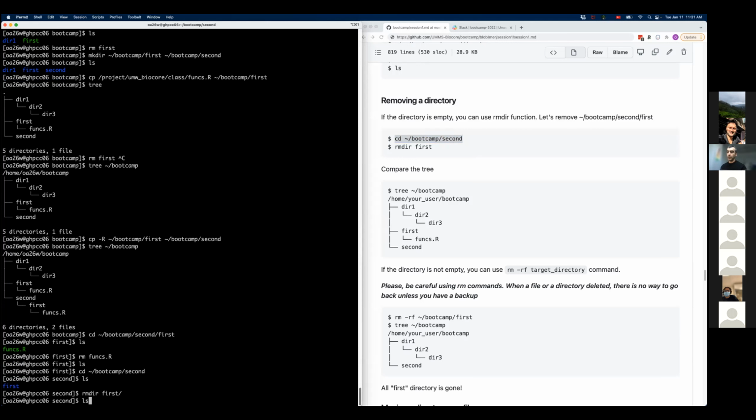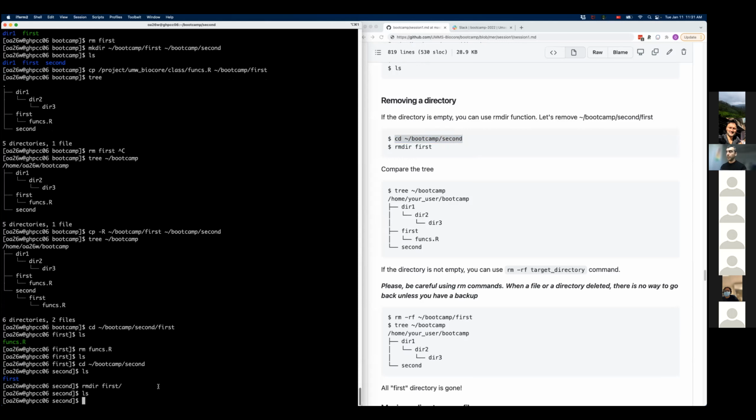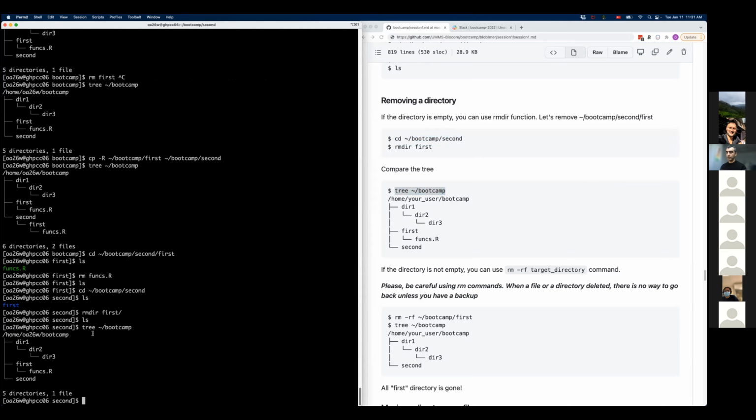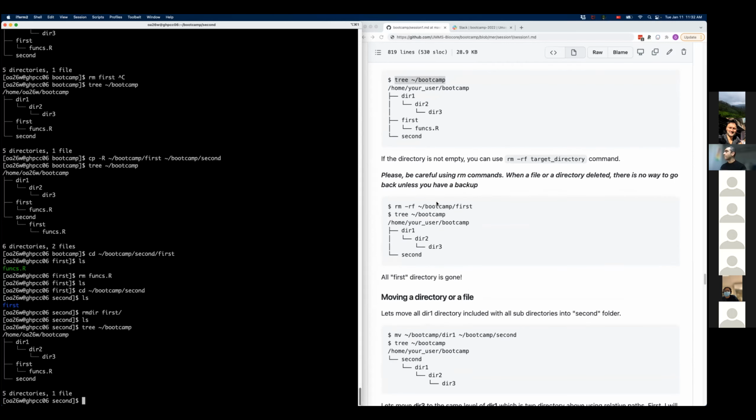And if I do another list, the folder is now empty. Look at the tree structure. The second folder doesn't have the first folder or the funcs.R file in it anymore. And rmdir is only for empty directories.